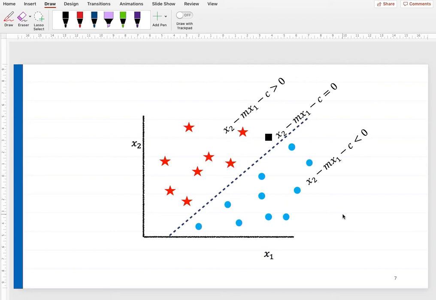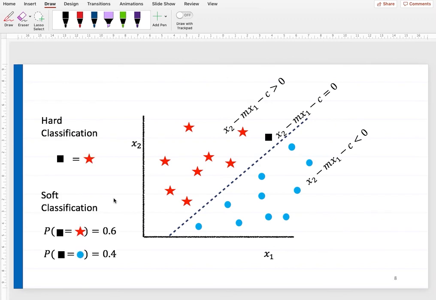m is positive. m is the slope of the line, which is positive, and c is the intercept on the y-axis or the x2 axis, which is negative in this case. And you can also find it from the equation. When your x2 is increasing, to stay on the same line, your x1 also must increase. So your m has to be positive, and likewise you can find c from any intercept, either this or this. Okay.